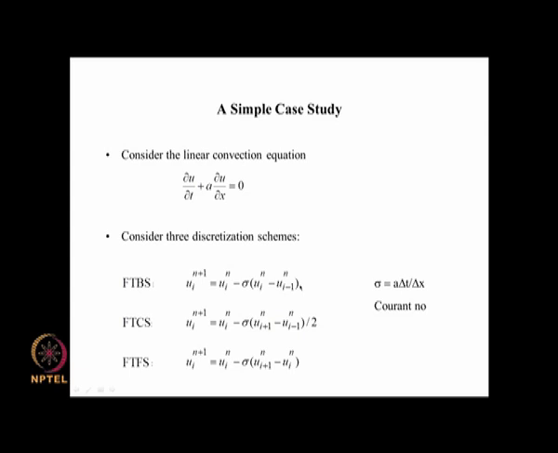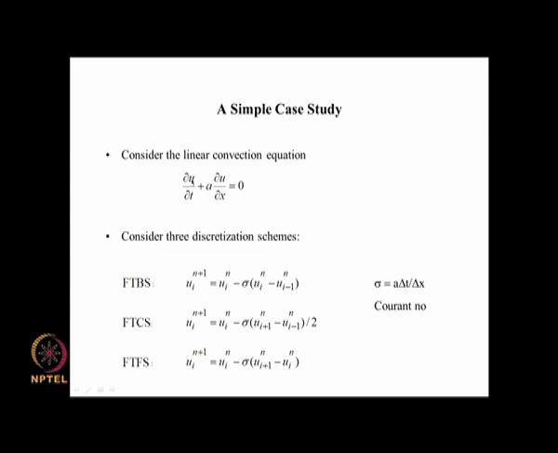And we see immediately that this is an explicit method, because on the left hand side we have the variable that we want to compute, and on the right hand side all the variables appear at the previous time level. Okay, this is an explicit method, and we can also see that u i and u i minus 1 make it backward in space, and u i n plus 1 and u i n make it forward in time. So in that sense this is a very simple prescription, and from a given initial condition we can march forward in space and time with this. So this is one possibility, and we know that we are making this a forward difference.